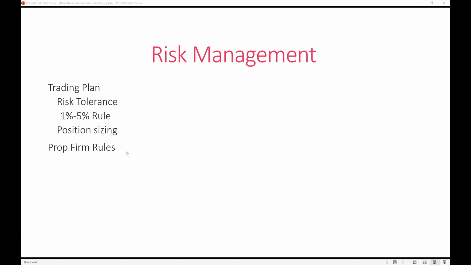All right. The next part is prop firm rules. I did cover that earlier. When it comes to prop firm rules, you do have to read the ins and outs. I know most people do hate the prop firm rules because it feels like restrictions, but it does really help you become a better trader.